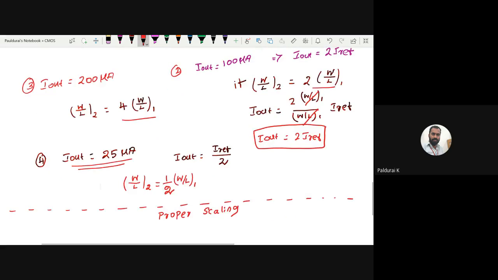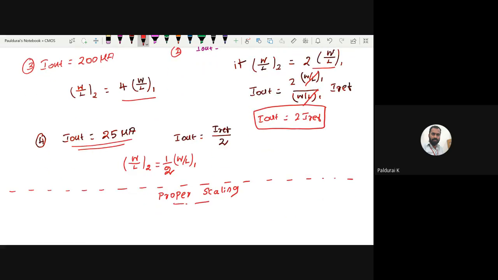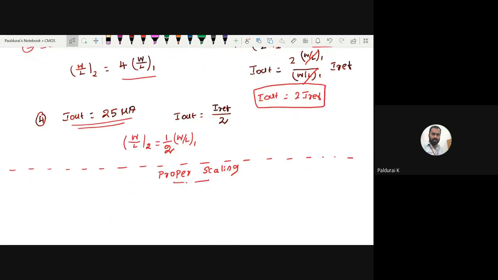Okay. Proper scaling. Suppose if you are a designer, maybe in future, okay, width to length. You can change width as well as length, but always the best practice is to assume all lengths are equal, which means you cannot change the L value. It is not in your hand, but you can play with width. So you can scale W only,